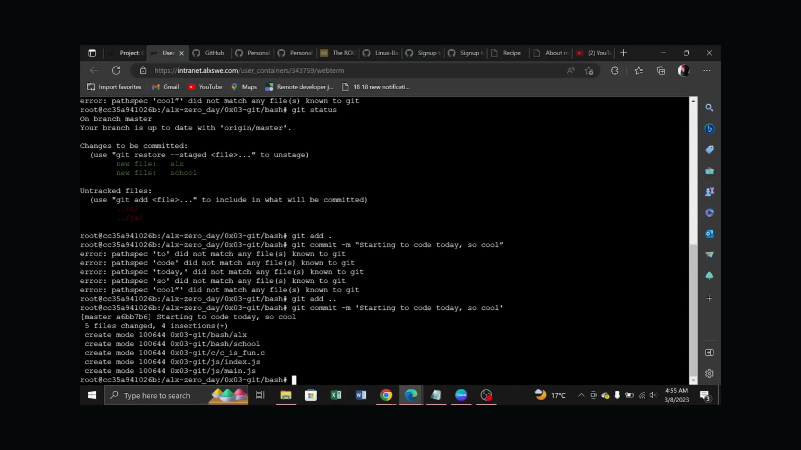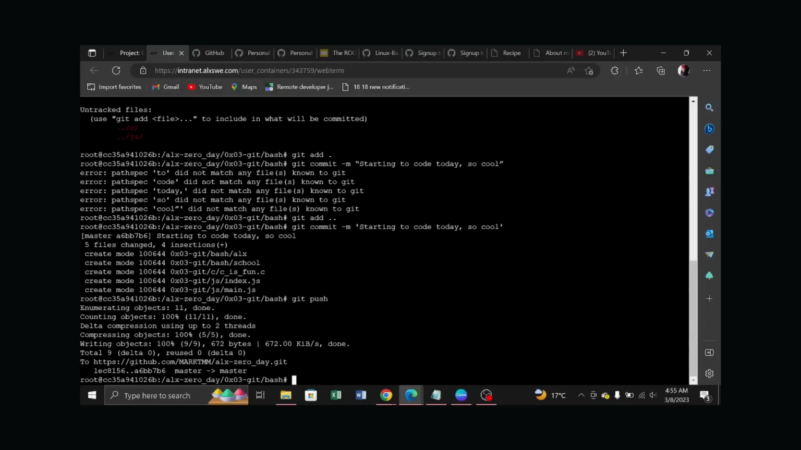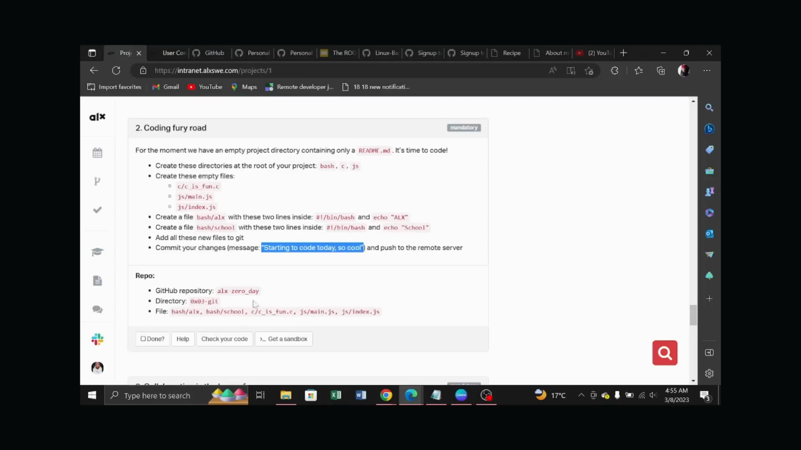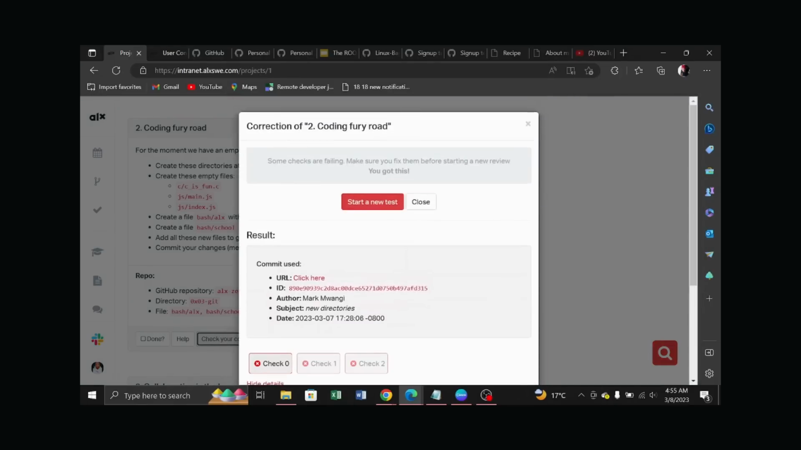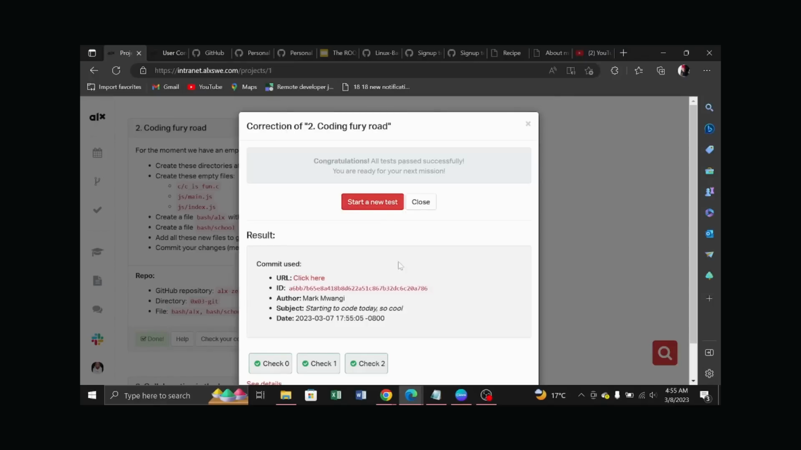And then we'll use the git push so it can be pushed. And as you can see, we have been successful. So we'll come here and check our code. As you can see,